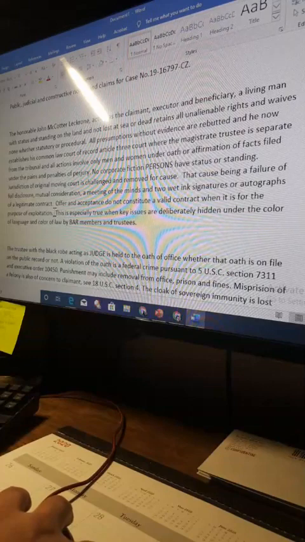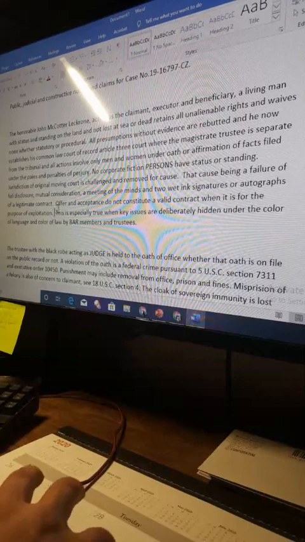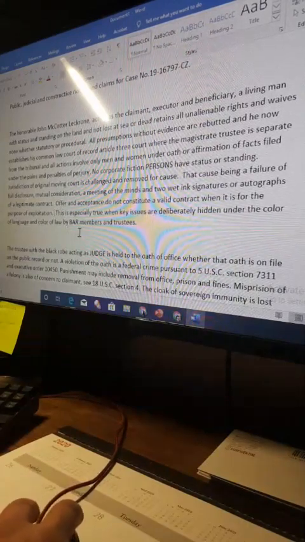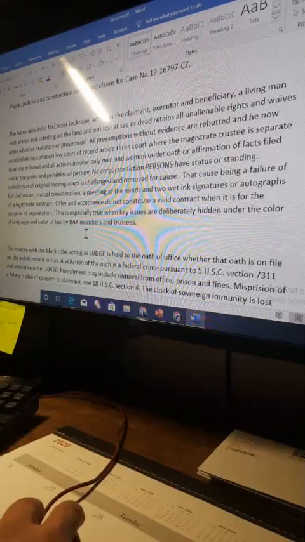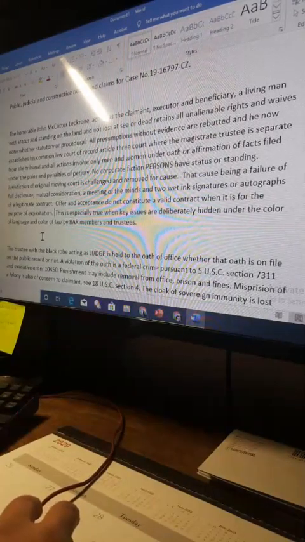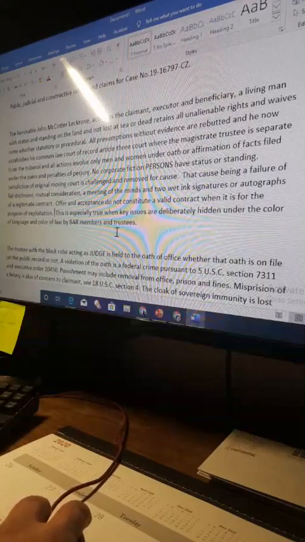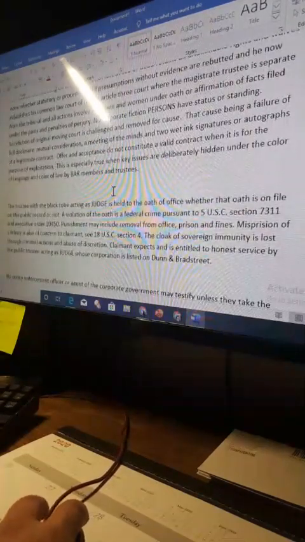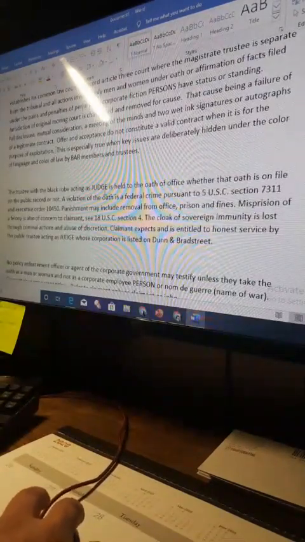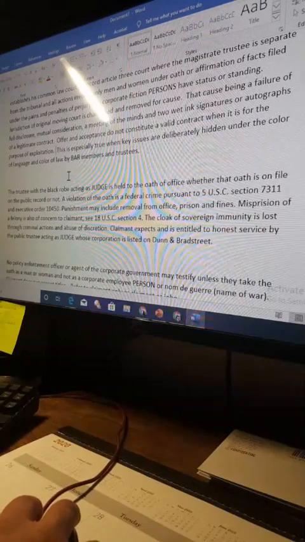If you're a trustee of that estate, then you're due an owing for working that estate, because everybody is due their fair share, because no man works for free. Involuntary servitude is illegal. So if you're managing that estate, you have a right to be compensated for your efforts. This is especially true when key issues are deliberately hidden under the color of language and color of law by bar members and trustees. Remember Luke 11:45, woe unto ye lawyers, for you hold the key of knowledge,